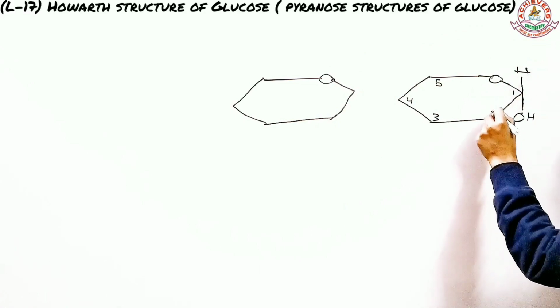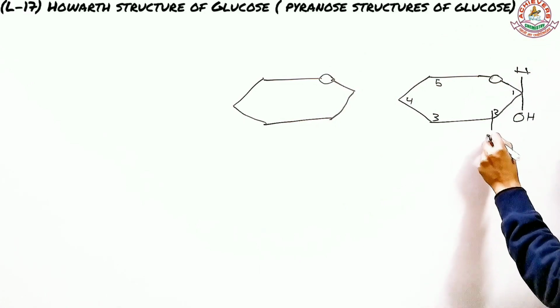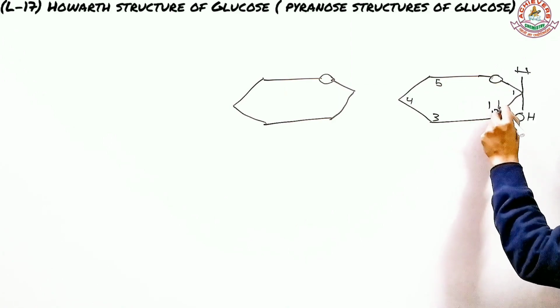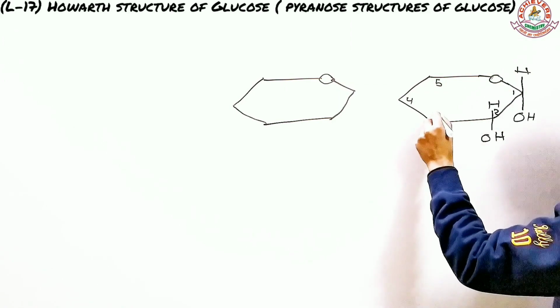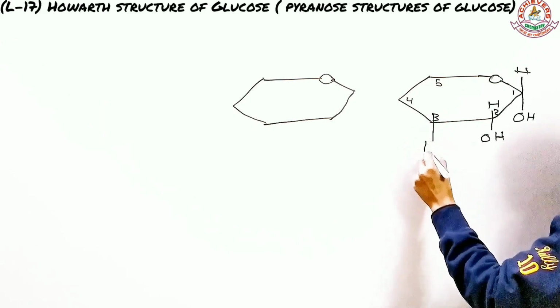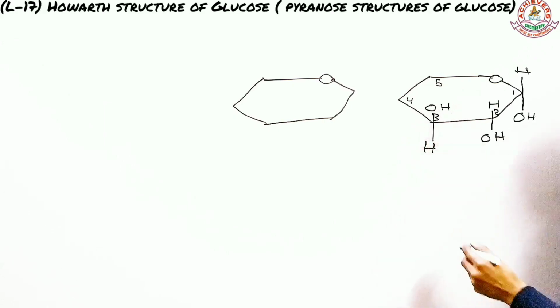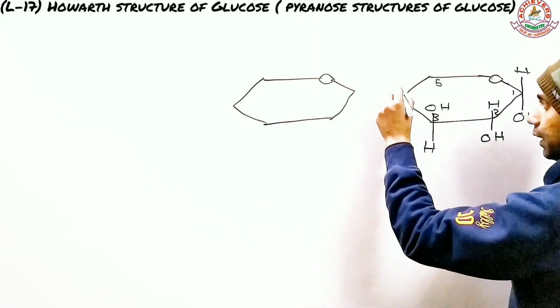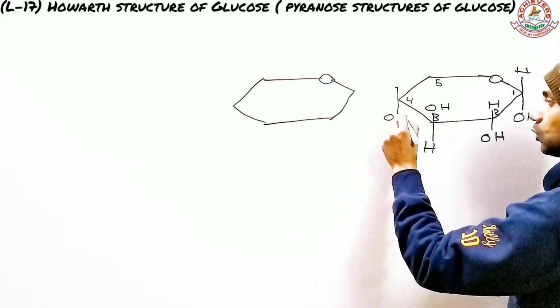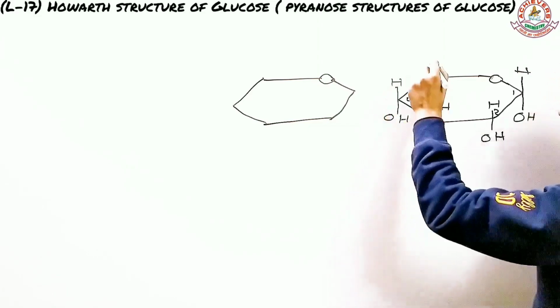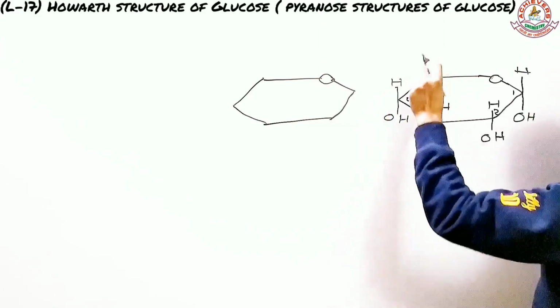On the second one, again the OH is down and H is up there. On the third one, the H is out. However, the OH is inside the ring. Again, the remaining carbon has OH on the outside, down way, H will be on the up way, and this fifth one